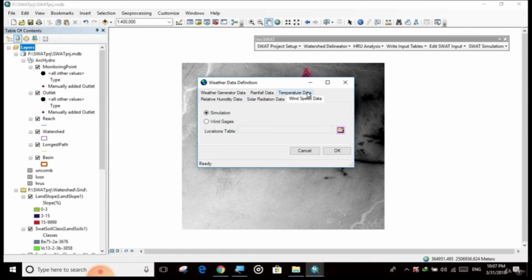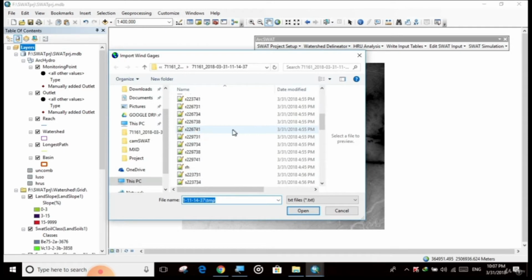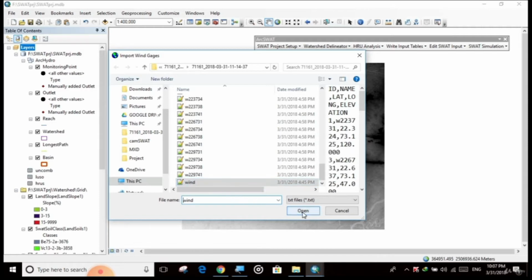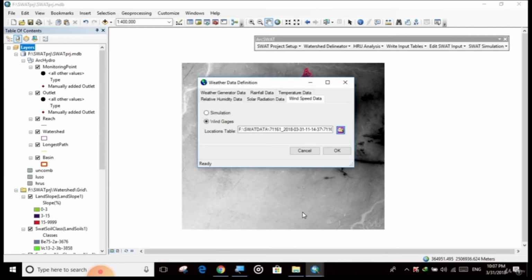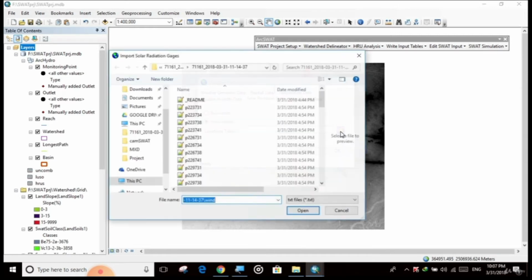Now come to wind speed data. Click on wind gauge. Click browse. And click wind. Click OK. Solar radiation. Click solar radiation. Click browse.